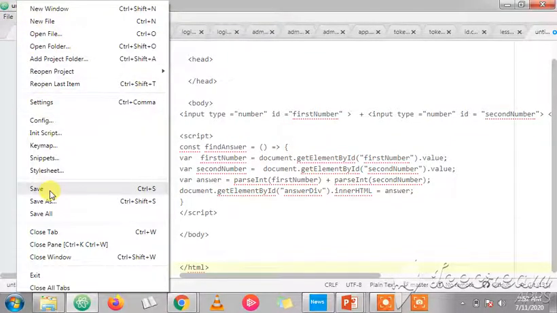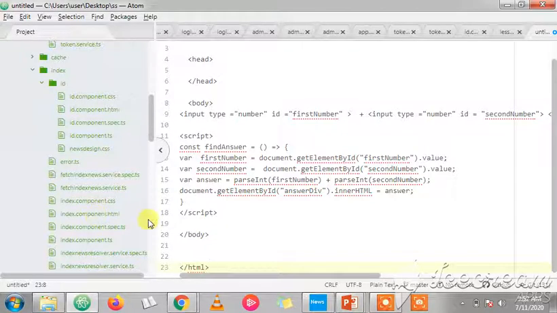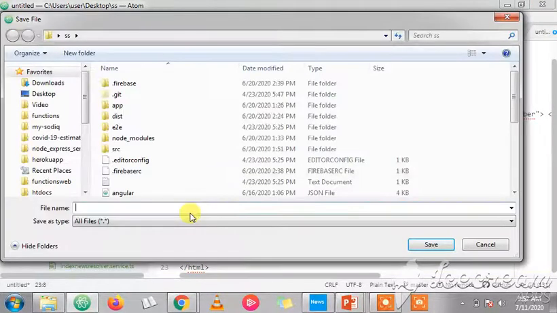So when you are saving, you save with any name, but you use .html as file extension. So I'm going to save my own as Sodiq, but I'm going to use .html as my file extension. I'm going to save. So I'm going to save inside my